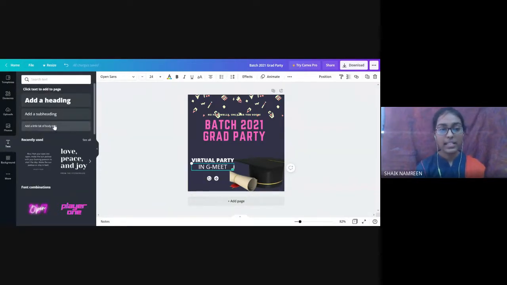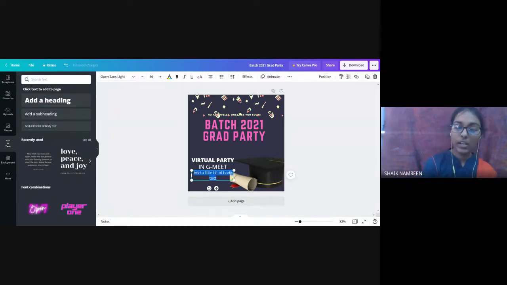And in the body, we'll take here timings, like from when to when. Parties are at night times. Usually parties meet at night time. So we can take from 7 o'clock, 7 to 8. Days, Thursday we can write, or we can write Sunday, and we can write the date as today's date is 6.